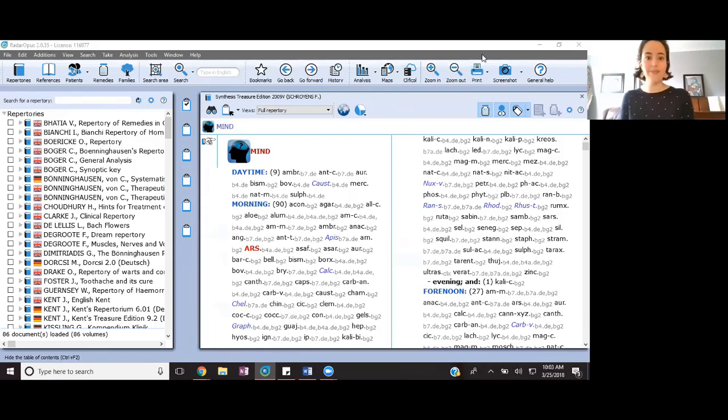And let's get started. So when you first open Radar, there are many things going on, many tabs. What we're going to focus on today is learning how to find a rubric for a patient using our repertories, learning what references are, and learning how to make clipboards with the information that we have. So if I go over to the left of my screen, I have repertories and I have